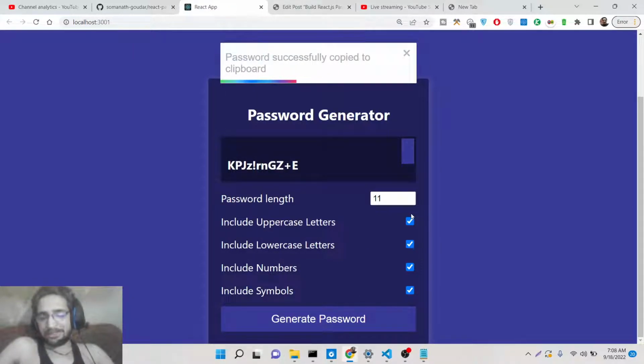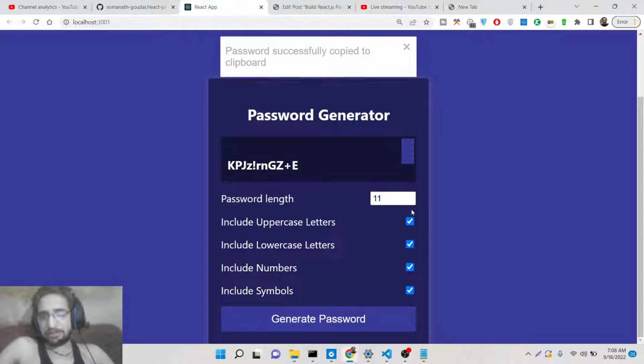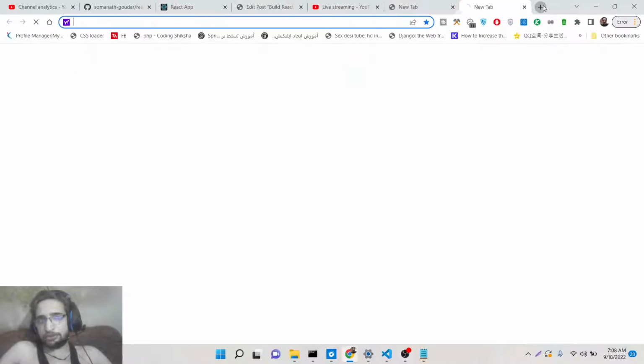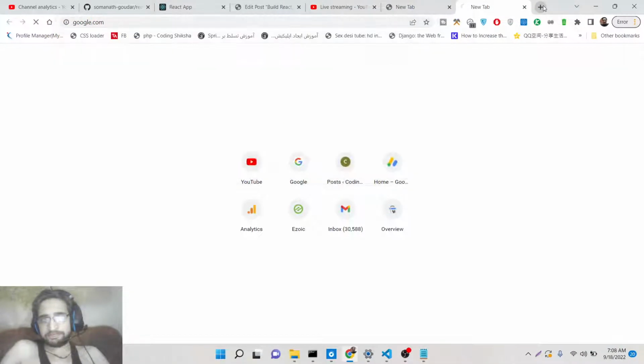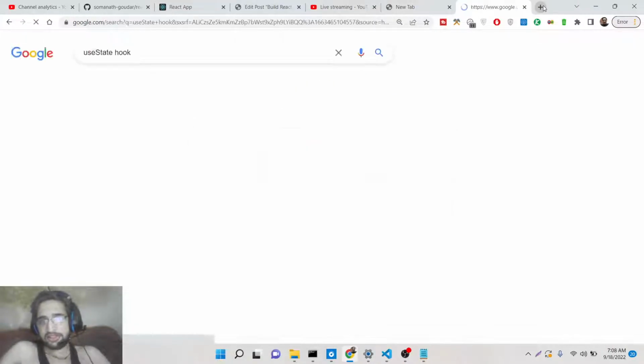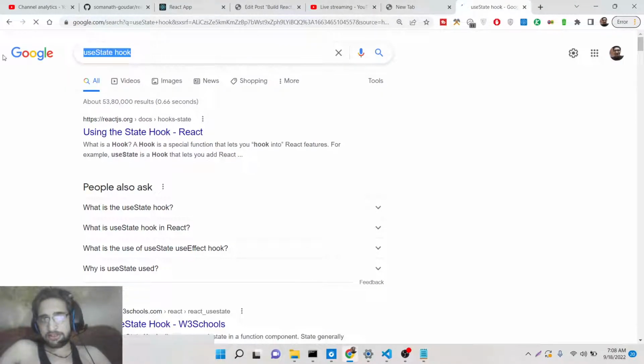So this is a basic application we will try to develop inside React.js. With this password generator, you will get to know about hooks. Here we will be using React hooks, specifically the useState hook. We will use the useState hook inside React.js in order to develop this application, and also we will be using